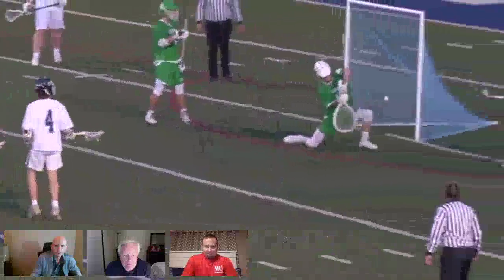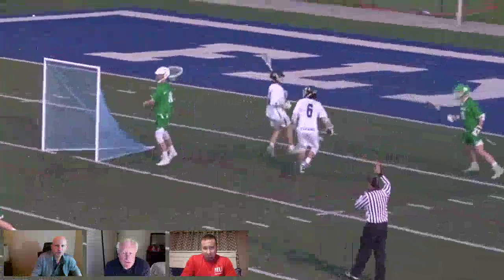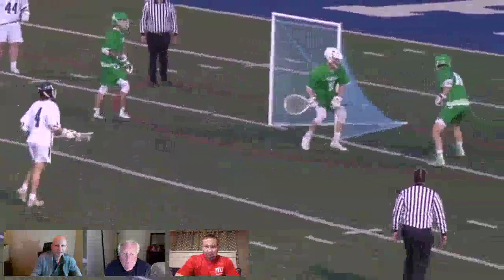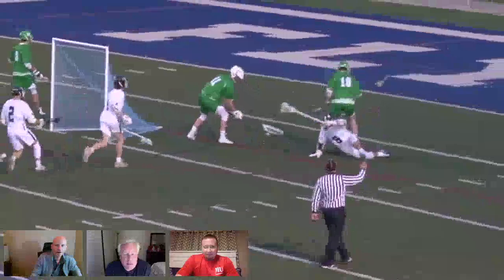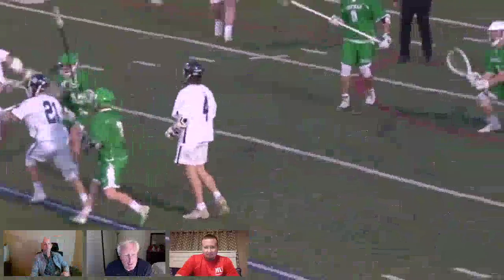Push. See the push. He calls a push. He's calling a loose push on green 11. That's tough. Yeah. He gives him a little forearm. It's kind of subtle, but I think the guy did give him a little forearm that shoved him off the